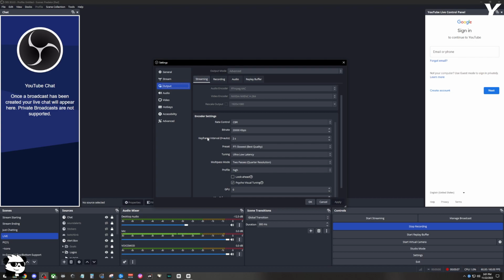From my experience with old copper wire internets like Xfinity, Spectrum, those kind of internets, you're going to be capped at either 10 megabits per second, 20 megabits, 30 megabits, or 50 megabits per second. Okay. Sometimes they go up to 100. I haven't seen that on copper wire, but sometimes it could. But what I would recommend is to stay around that 5 to 8,000 kbps